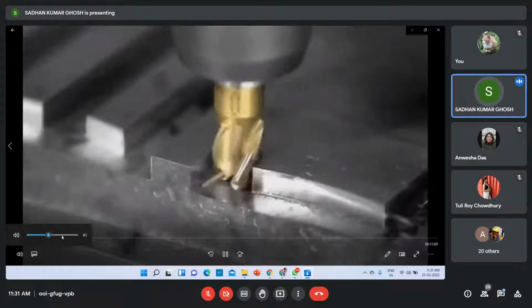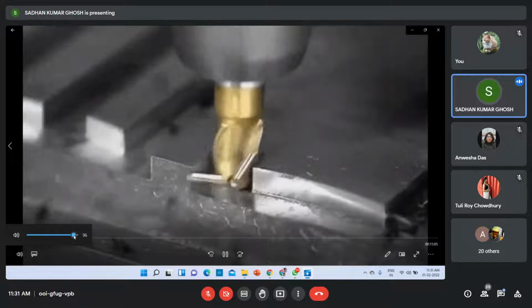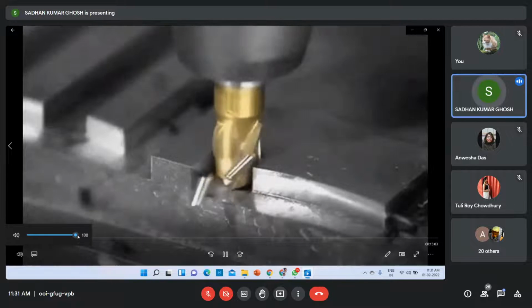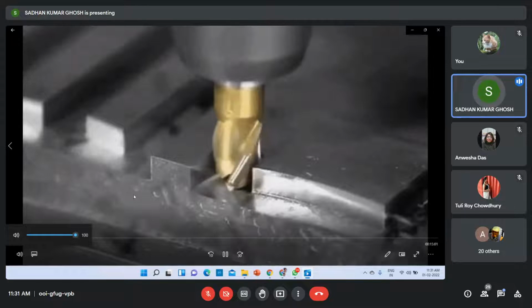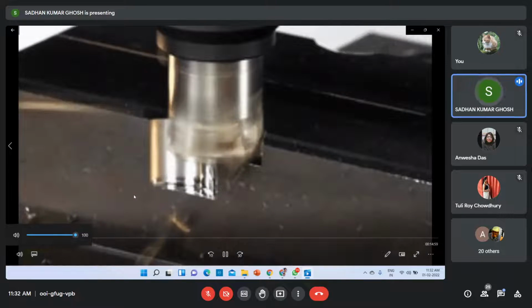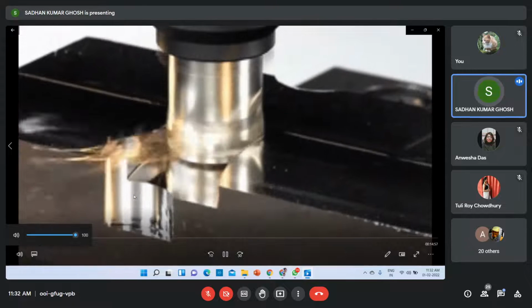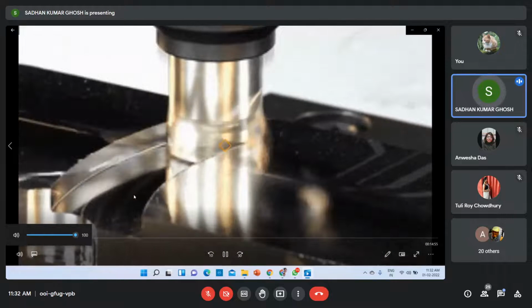Milling is the process of machining using rotary cutters to remove material by advancing a cutter into a workpiece. This can hold more than one tool at a time. The cutter rotates at a high speed and has many cutting edges, and it removes metal at a very fast rate.